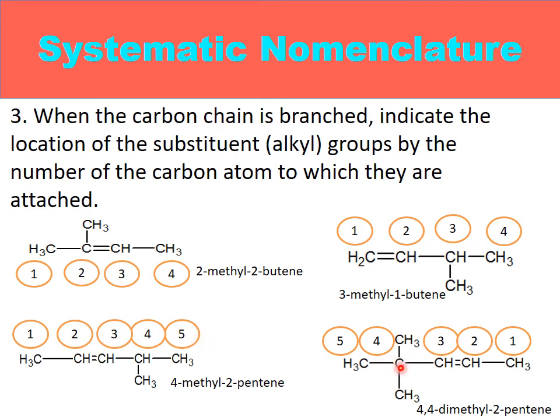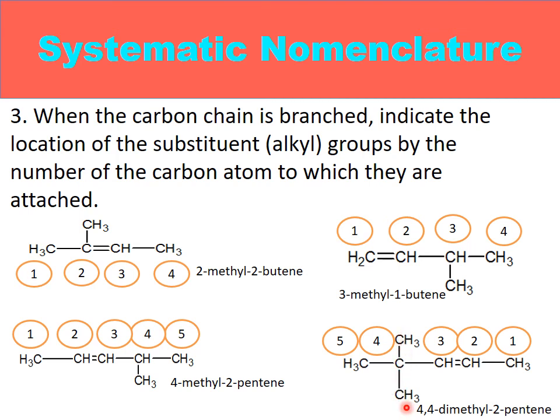Pentene, since the main chain is made up from 5 carbon atoms. In the last example, the main chain containing the double covalent bond is made up from 5 carbon atoms. Here, if you start by enumerating the chain from the right, then the functional carbon atom that's making the double covalent bond will receive number 2, while if you start from the left, the functional carbon atom will receive number 3. So we should take it from the right. By enumerating the chain from the right, then the 2 alkyl groups, the 2 methyl groups, will be located at carbon number 4. So they are called